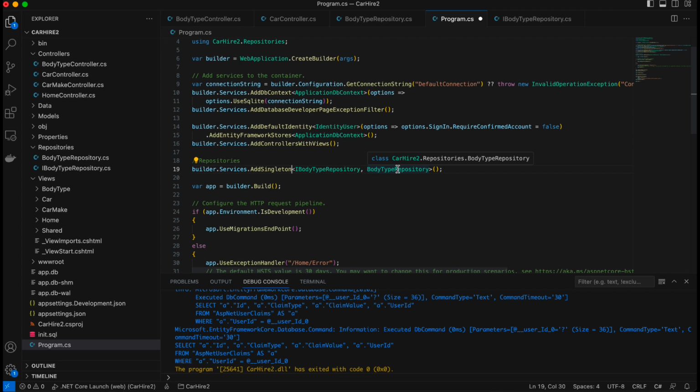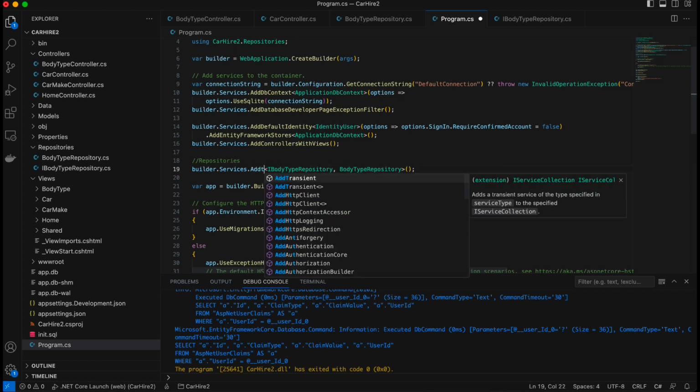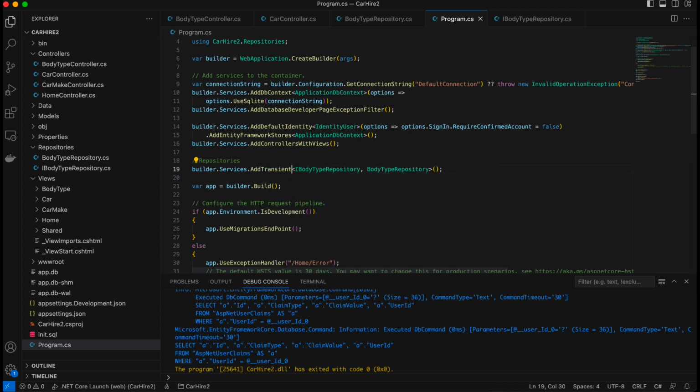It would probably be a safe thing to put as a singleton. When the application starts up, that instance is created once and never again. But you need to look at things like thread safety, and it can become a bit complicated. If you're in doubt, just use AddTransient. Okay, so now we have that